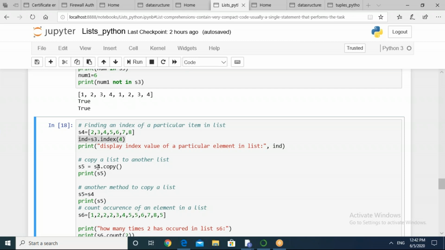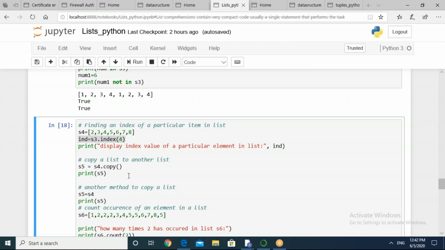So after this, another is to copy a list to another list. Suppose you are having one already existing list and you want to construct a new one based upon that list. And till now, I believe all of you have learned how you can append your list, how you can extend the list. So let's say my requirement is to first of all get all the elements that are already available in one list, and then I want to continue with further addition.